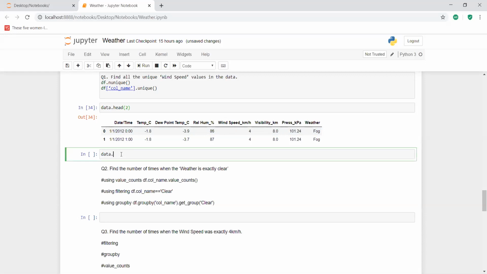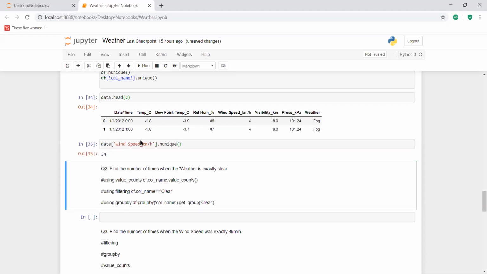If you are referring to such a column, you should use square braces and single quotes, right? You just copy this so that you won't go wrong. If you refer to it with the wrong spelling, you would get an error. Dot nunique is our command.